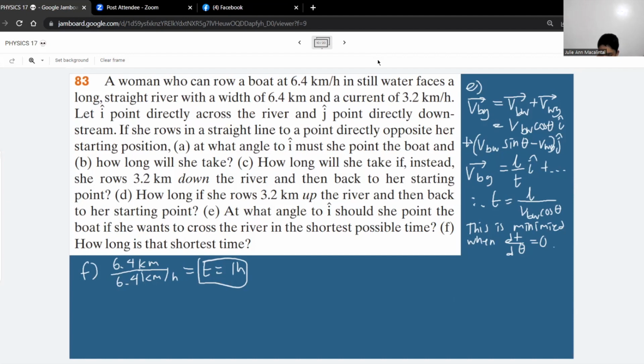Kaninong reference frame obvious yung least possible time? Okay, so, ngayon, least possible travel time occurs when? Pag yung dt over d theta is equal to 0. And then, wala tayong expression for time in terms of theta eh. Di ba? So,